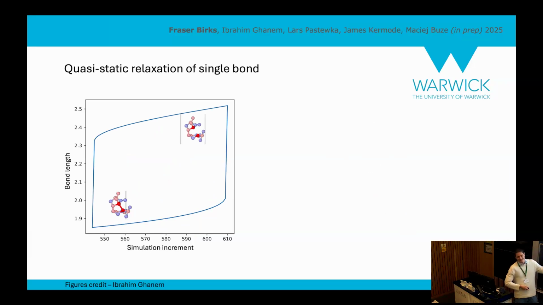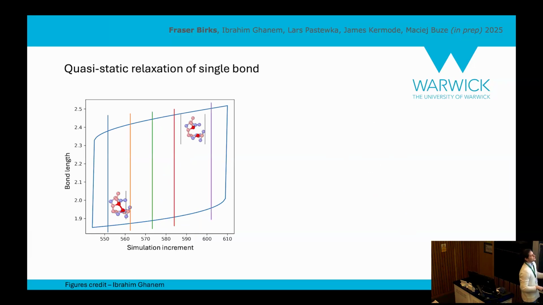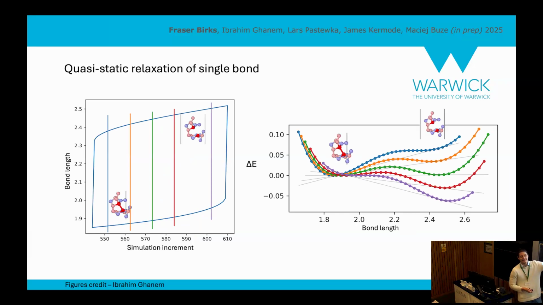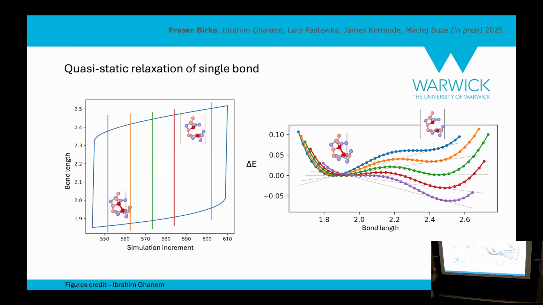It's a hysteresis loop. And if we were to draw lines across this and do nudged elastic band simulations on those lines to look at the energy barriers, what you see is exactly this double well potential type landscape, where as you go one way, this barrier in the middle disappears, and as you go the other way, it goes in reverse. And if we were to plot the positions of the minima on either side and the saddles, you see that there's clearly a missing middle branch here, which we could maybe find with numerical continuation. In fact, it was exactly this figure that I saw in the poster, which brought on this whole collaboration to begin with,